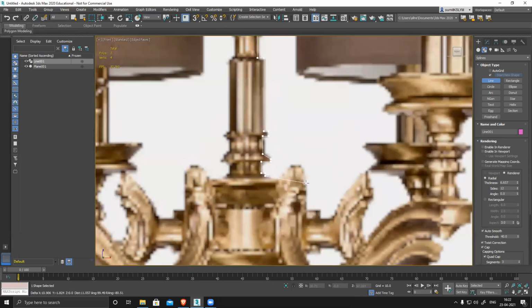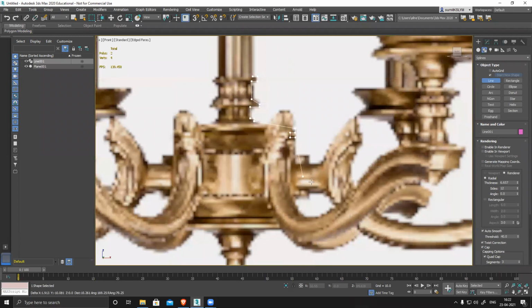And all these things are created separately.